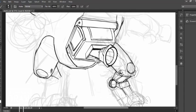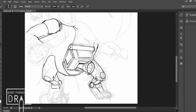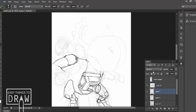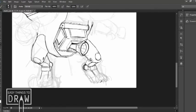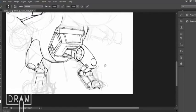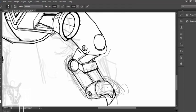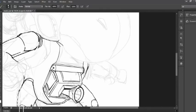I start pulling down to the leg, and I would like maybe a chamfer here too, but nothing that dominates the design, or starts to change the design language of everything, and then I have to go back and change it all. I'm thinking about whether I want spikes for feet. That was also a debate in my head. Like, what is it that I'm gonna do? Going into the other arm,